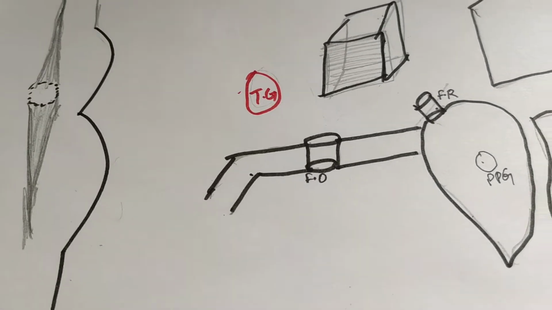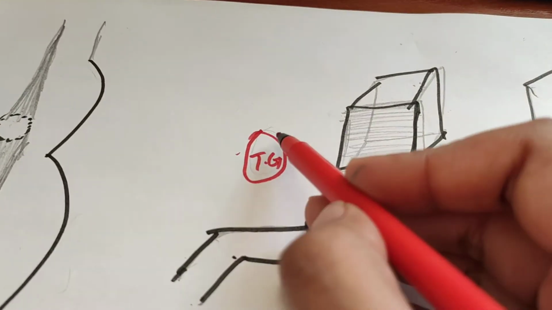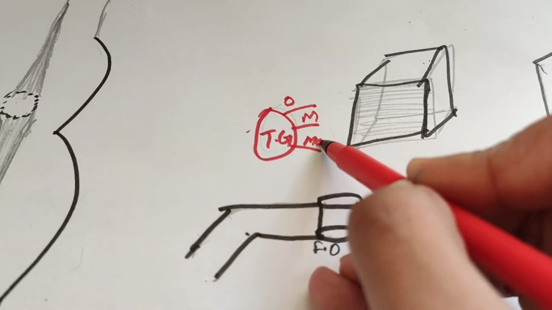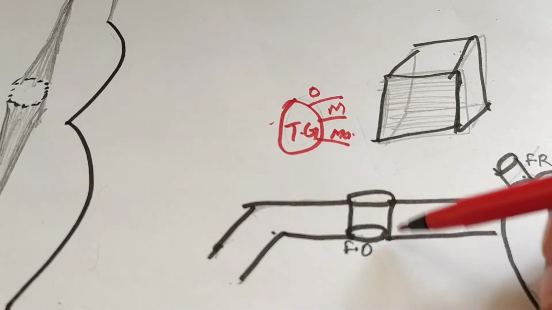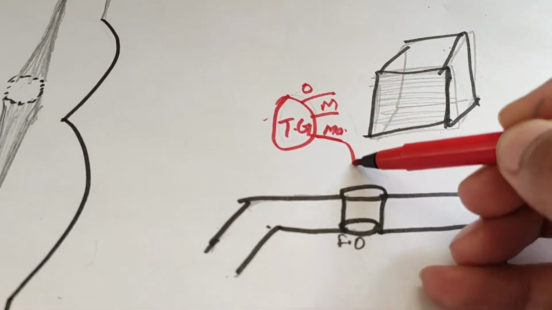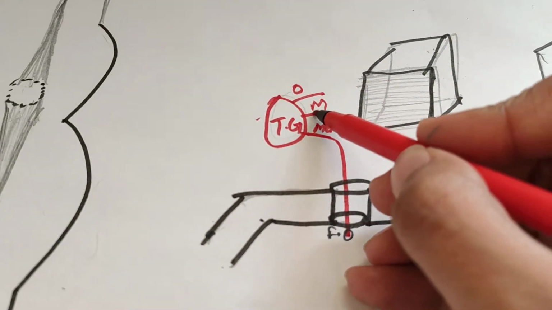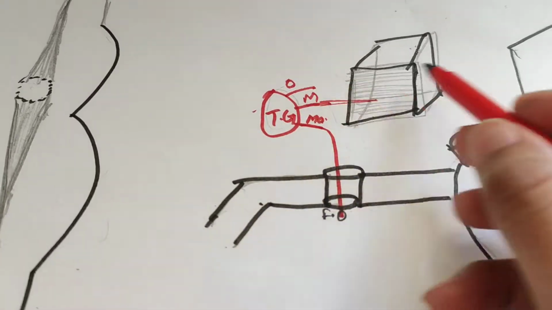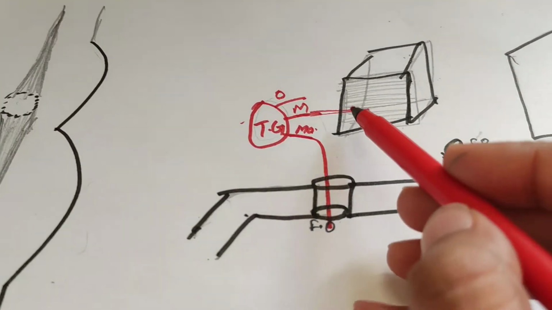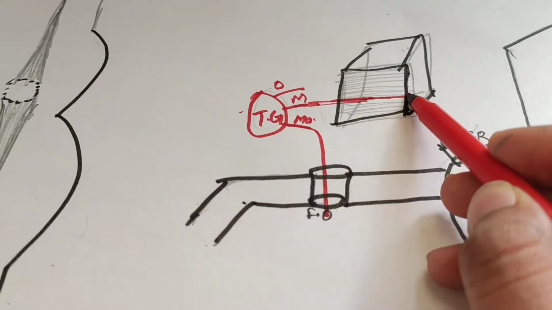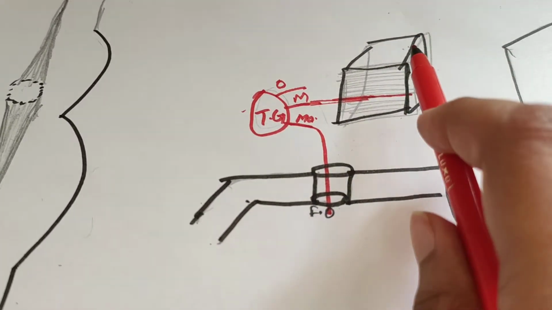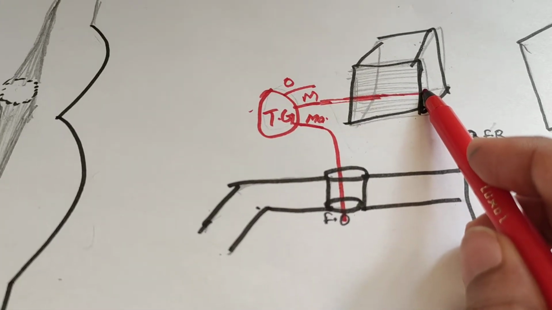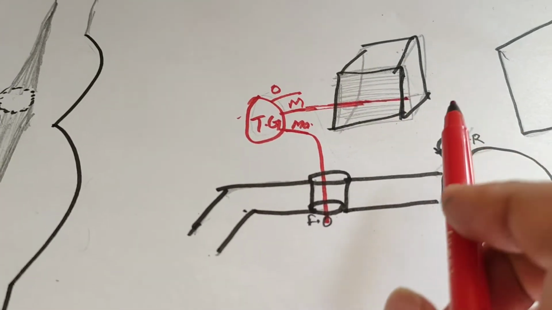Here from the trigeminal ganglion there will be the ophthalmic nerve, the maxillary nerve, and the mandibular nerve. The mandibular nerve goes through the foramen ovale and goes down, and this maxillary nerve will go here, and this ophthalmic also. So this maxillary nerve moves through the lateral wall of the cavernous sinus. This is the cavernous sinus. This is the middle cranial fossa. So it is going to the lateral wall of the cavernous sinus, and it leaves the